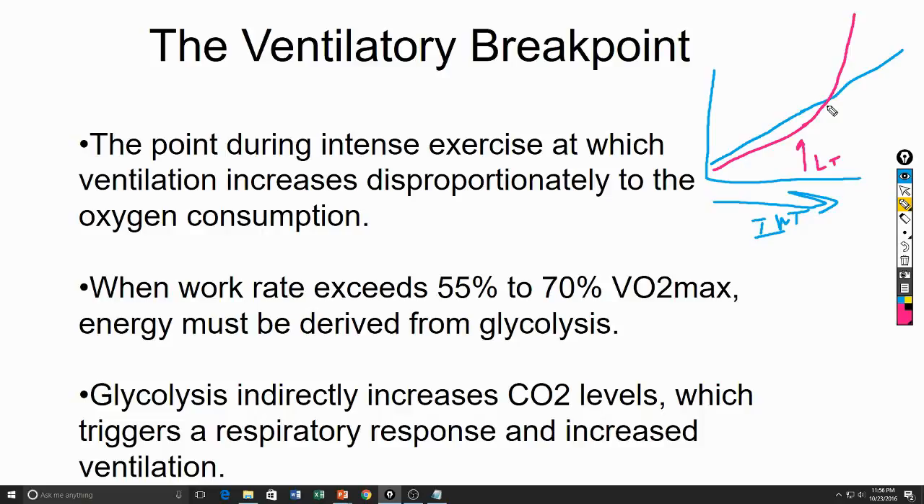The reason is you're starting to produce massive amounts of CO2, and as I said a second ago, your brain is stimulated. There's lots of CO2 being produced. I must be working really hard. I need to get rid of it, because if not, I might become acidic. And if you become acidic, there's some problems with that. Namely,